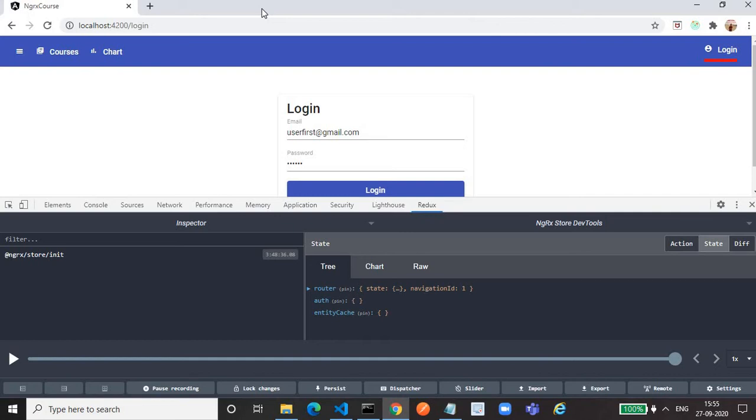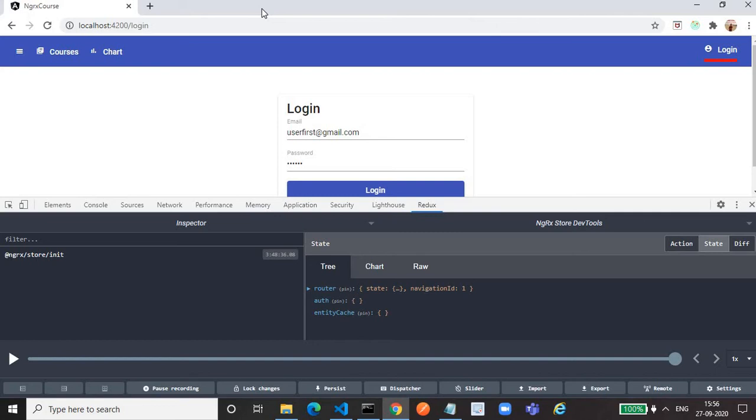In the NGRX data approach, for handling an array of objects or a list of entities, we don't have to write any action, reducer or selector. We just write one service and call the entity data methods for fetching the data from the database as well as for updating our store.